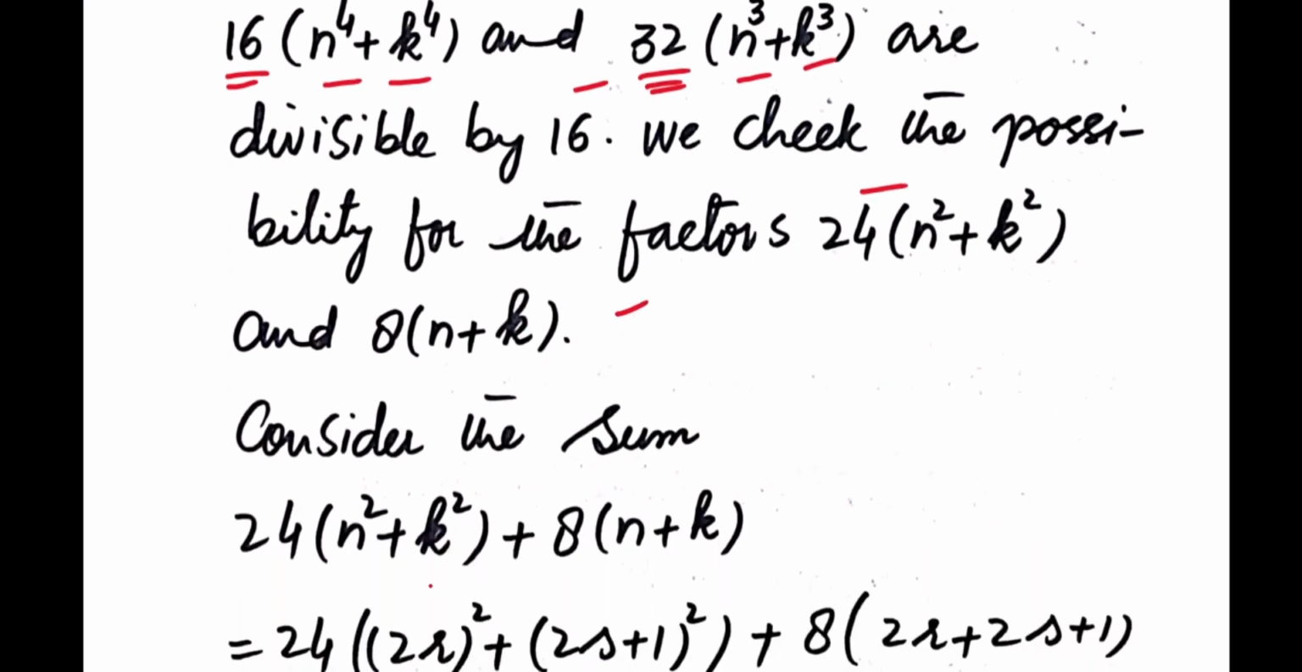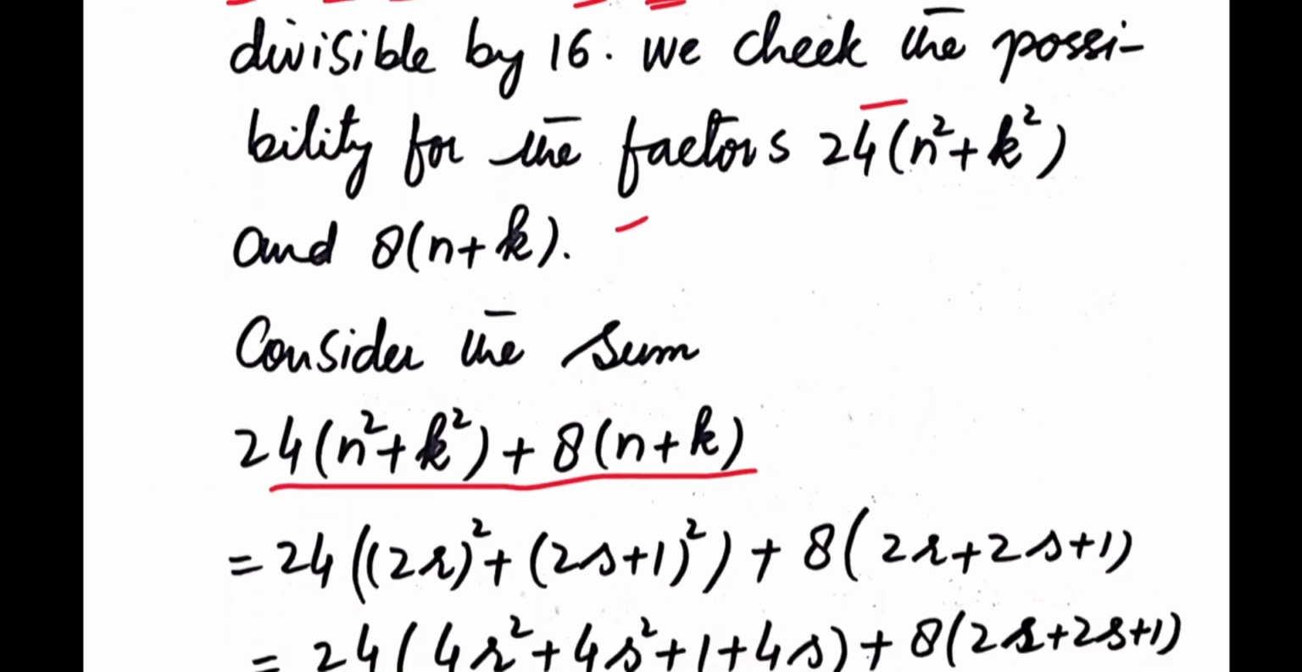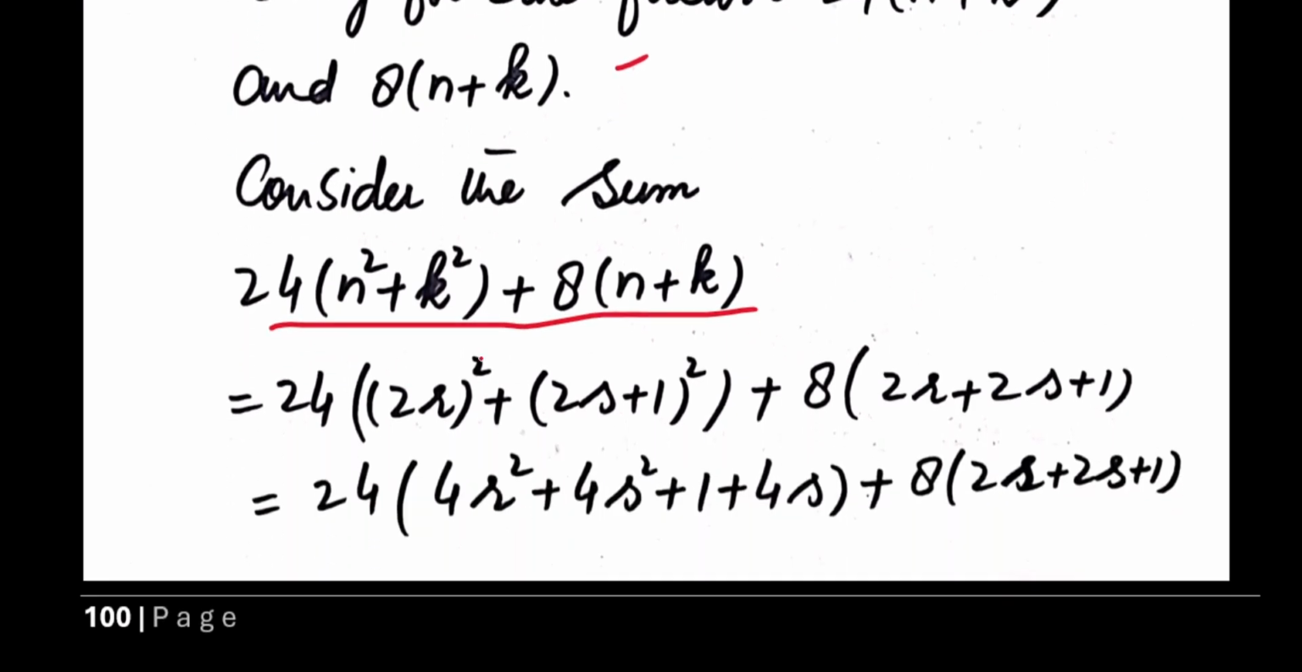So consider the sum 24 into n square plus k square plus 8 into n plus k. Substituting the values of n and k, as we have supposed that n is even, plug in n is equal to 2r and k is equal to 2s plus 1. So we have 2r square, this is 4r square, plus 4s square plus 1 plus 4s, and this is 2r plus 2s plus 1, which is equal to